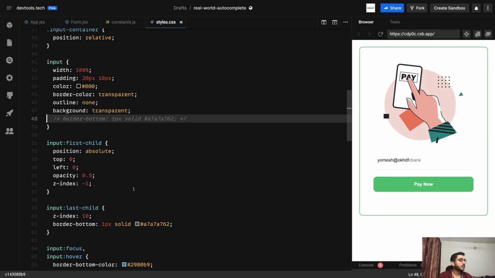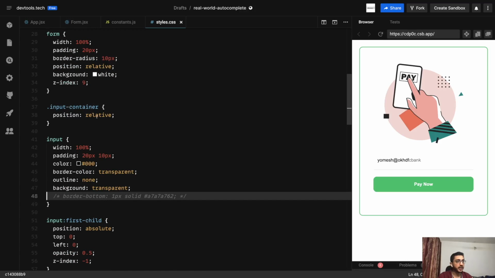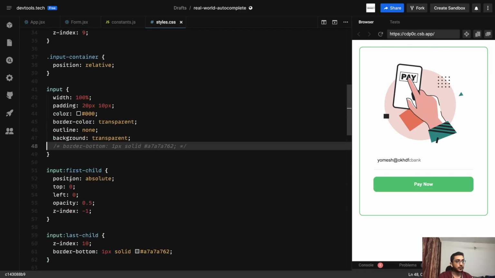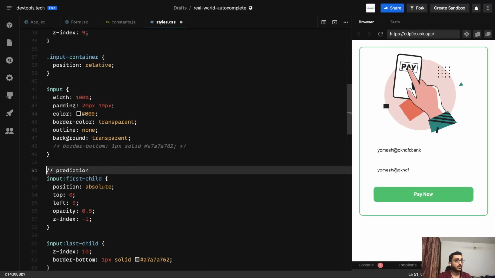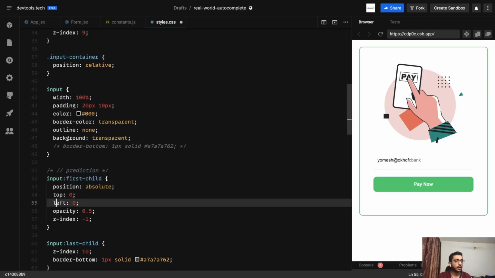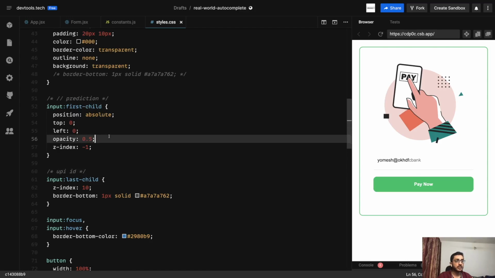So basically what we are doing is that our input container is relative, and the first child is the prediction. So this is the prediction, and this last child is basically our UPI ID. We are just stacking on top of each other. We are making the prediction absolute and placing it on top, and we are decreasing the opacity to give that look. So now if I type Umesh at the rate, okay,